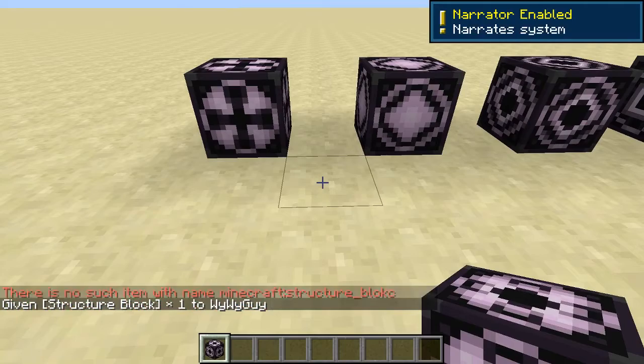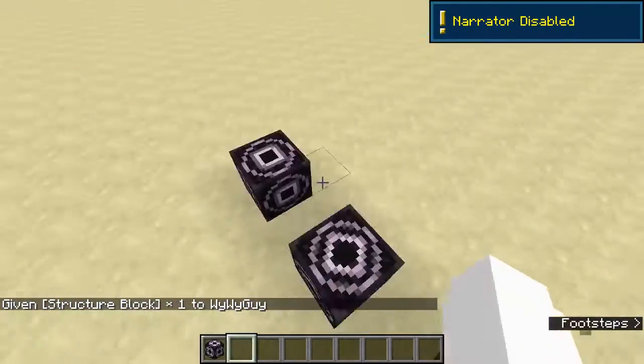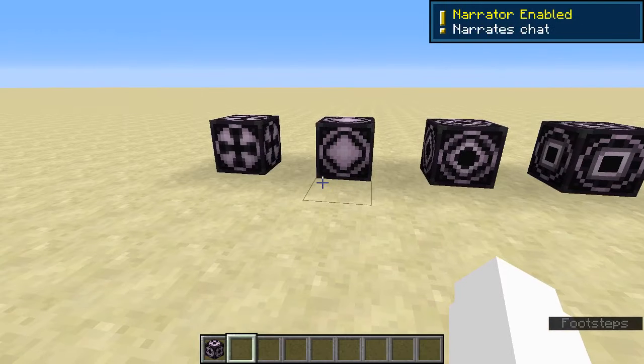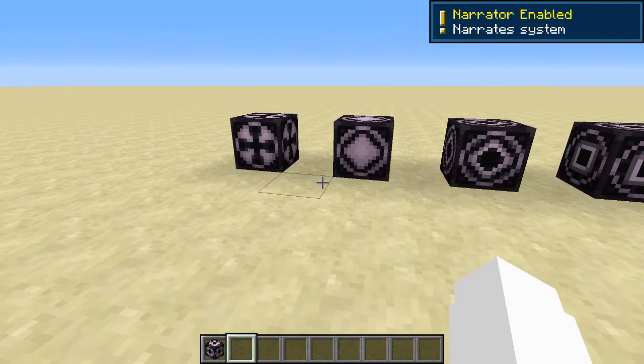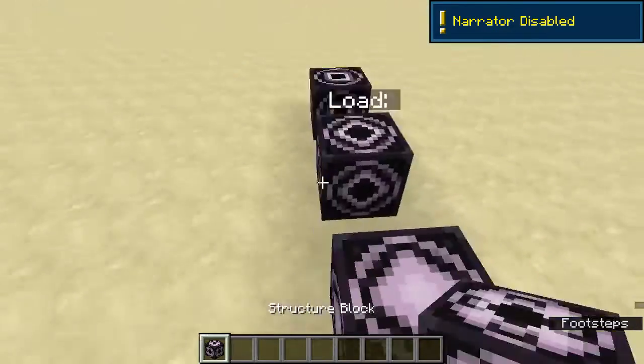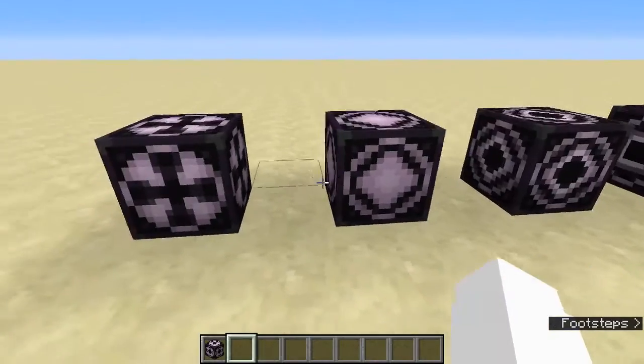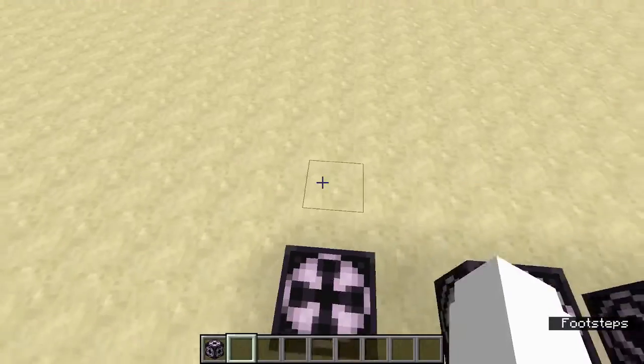Hush. There. Narrator. So, if you did not know that, to disable narrator or enable it, just do Control B. Narrator narrates all, narrates chat, narrates system, or disable narrator. Off. Yeah, well, if you're off, then why are you still talking? He can get quite annoying, trust me, especially if there's a lot of people talking, as I learned the hard